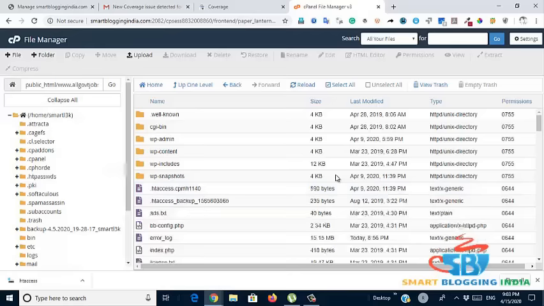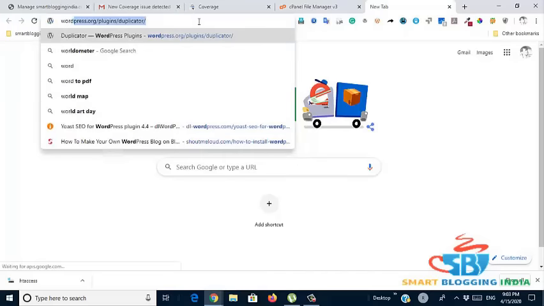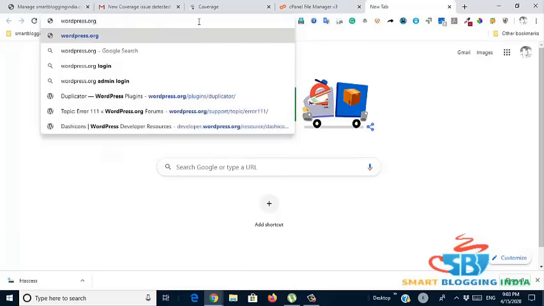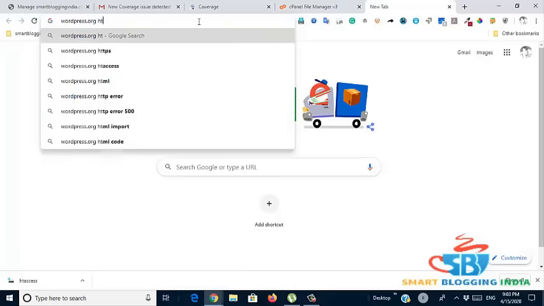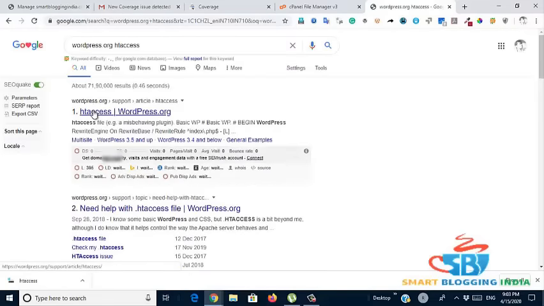Now you go to Google and type WordPress.org htaccess and click on the first link.